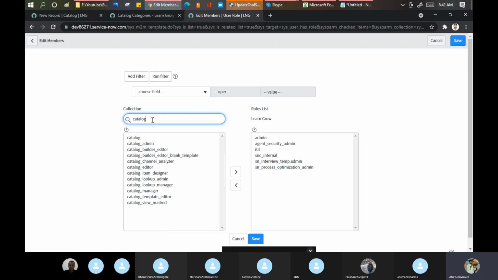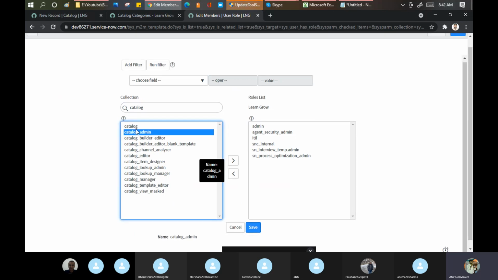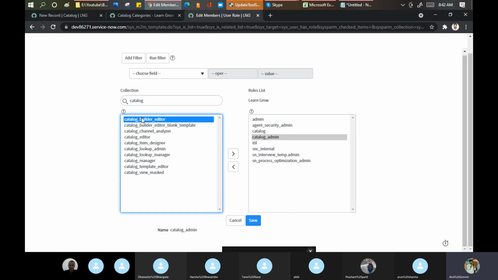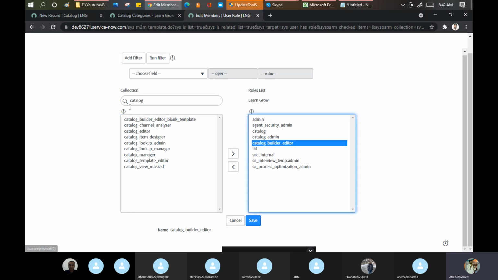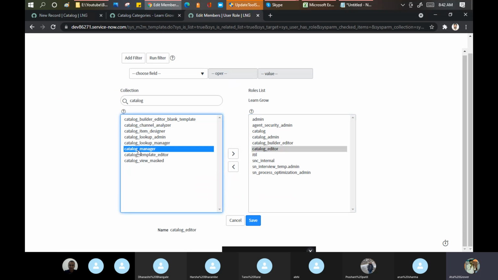So these are the things required for the practical part. Let me give all the catalog roles to my name. Why am I giving this role? Because we are going to use a few of these things in the coming days. Catalog Builder will be a new functionality given by ServiceNow. So maybe I can add a few more, like the catalog manager role.